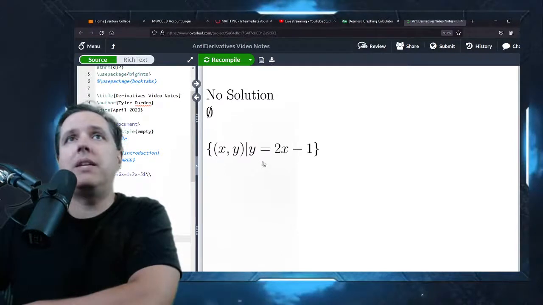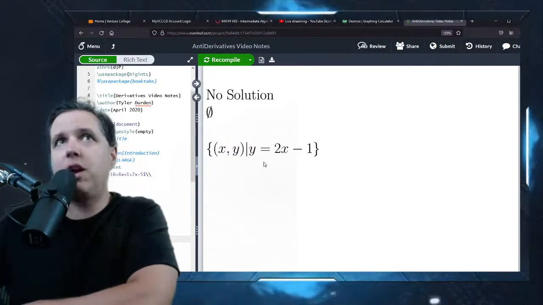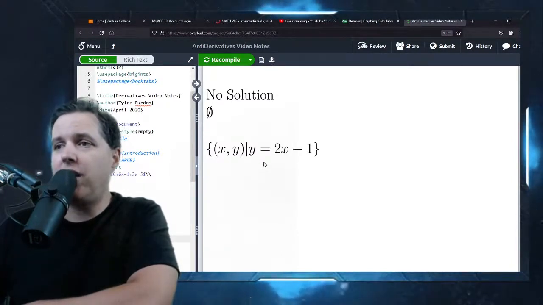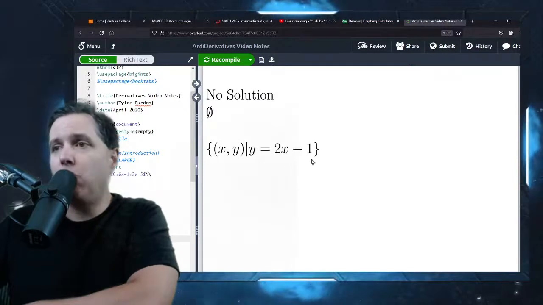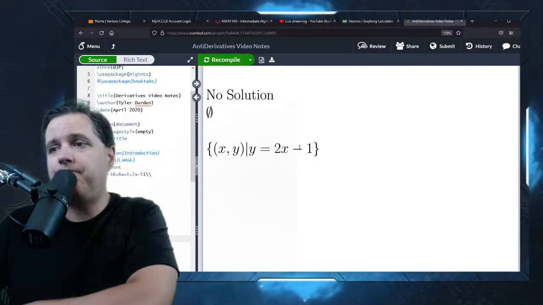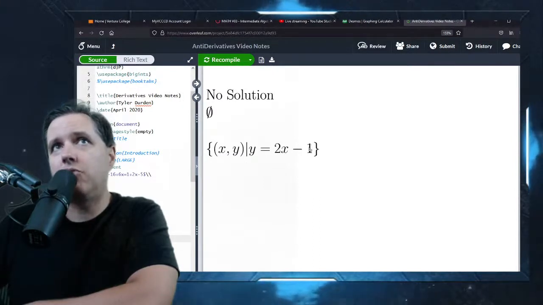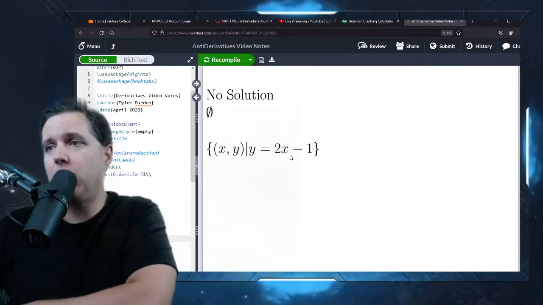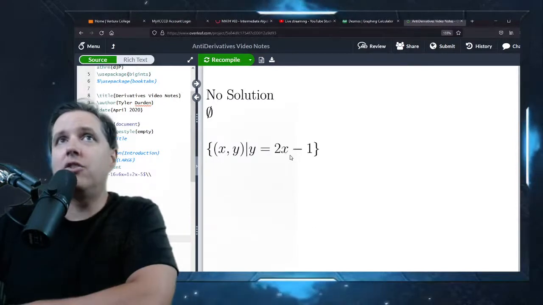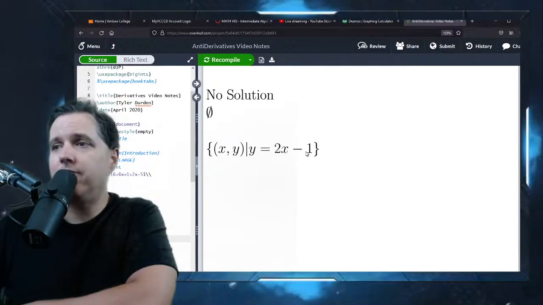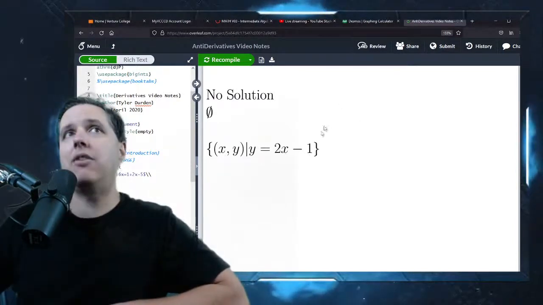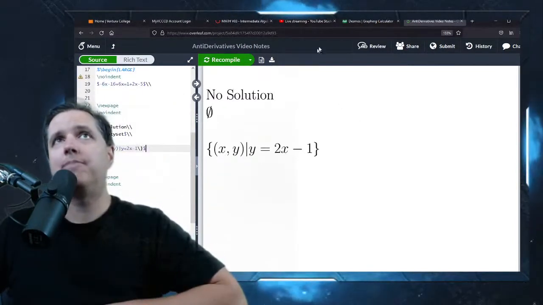So basically, when these problems ask you to give your answer in this form, the first part is going to look the same for you. You're just going to put an equation from your problem in this notation. You'll just replace this equation with the equation from your problem. And this means there's an infinite number of solutions, but they all have to fit this thing right here. That's generally how those are supposed to be answered.